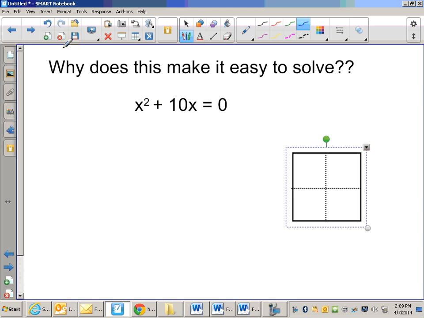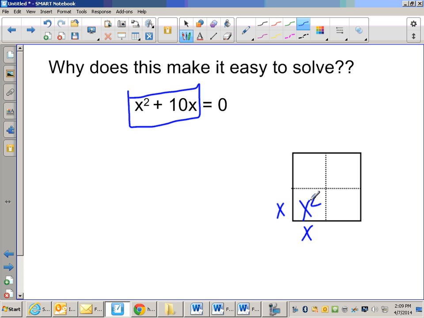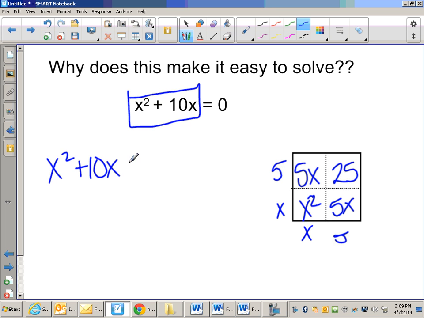So the first thing we're going to do is we're almost going to ignore this equals 0 right now. I just want to look at this part right here and actually complete the square. So like the other problems, we would have x and x. And we're going to split the 10x in half because it's a square, so it's got to be the same thing on both sides. So I have 5x and 5x, and this has to be 25. So in order to complete the square here, I need x squared plus 10x plus 25, and that's equal to